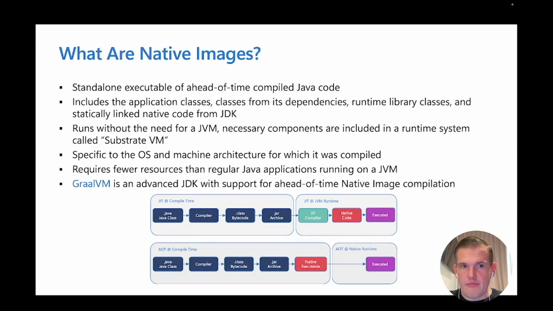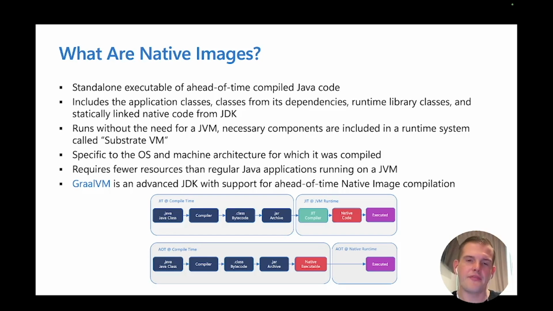And if we have a look at GraalVM or native images in general, what it is, actually, is standalone executables of ahead-of-time compiled Java code, which means that instead of running the application on a JVM with just-in-time compilation, which we see here on the diagram, you usually have a compiler that transforms your Java classes into bytecode, and then on runtime, the bytecode will be run